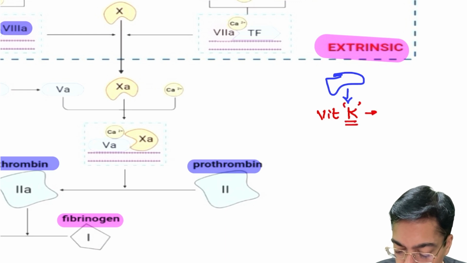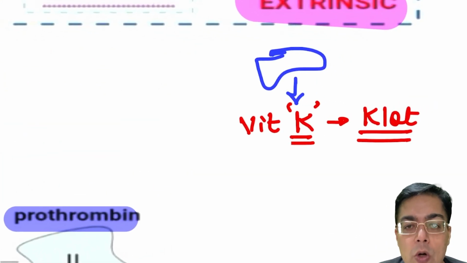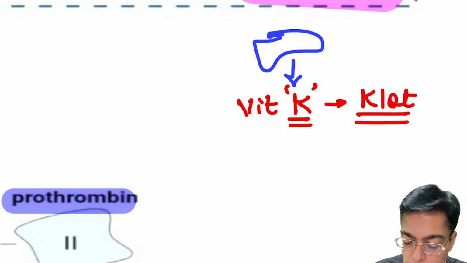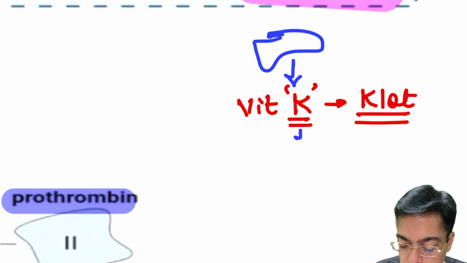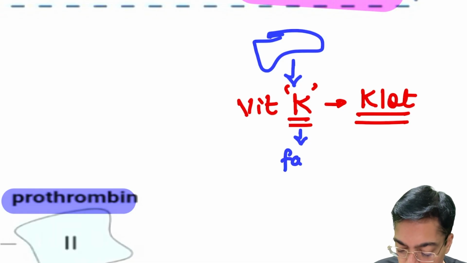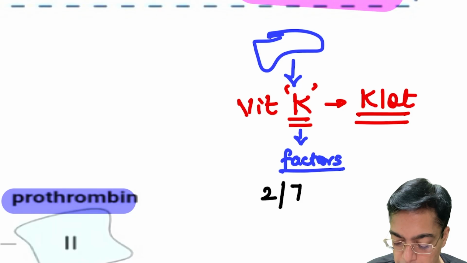Right? How do I remember this? I remember for the formation of a proper clot, K for clot, I am deliberately misspelling it. But I want you to remember that for the formation of a proper clot, we are going to be requiring vitamin K. And vitamin K is going to be required for the activation of certain types of clotting factors. Now, which factors are going to be requiring vitamin K for their activity? The factors which require vitamin K for their activity are factors 2, 7, 9